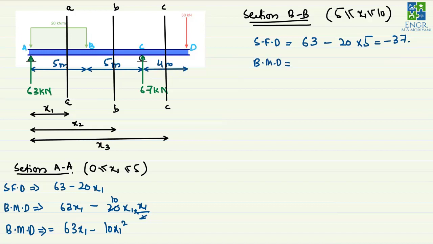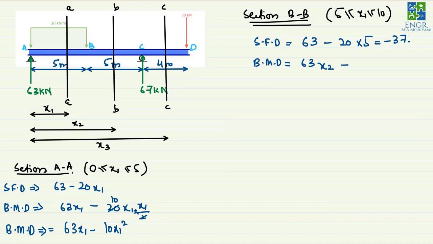we have to find out all the bending moment generated by all the forces to the left of this section. So this will be 63. 63 is the concentrated force. This multiplied by x2, because x2 is the distance from point A to this BB section. So this will be 63 multiplied by x2, and then this will be positive because this is a clockwise moment,